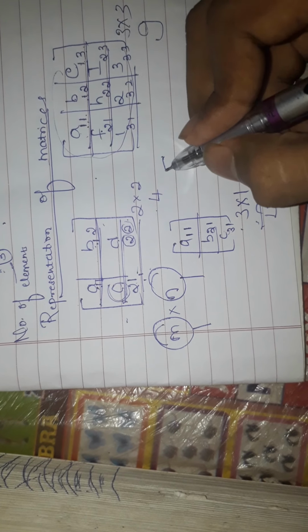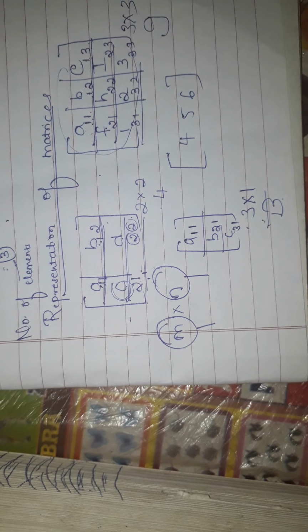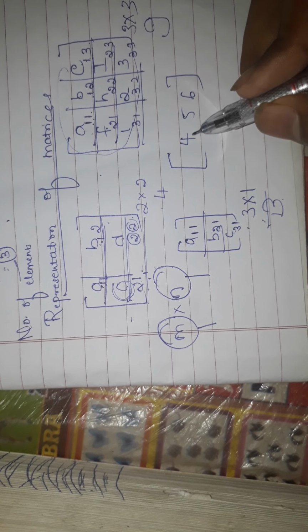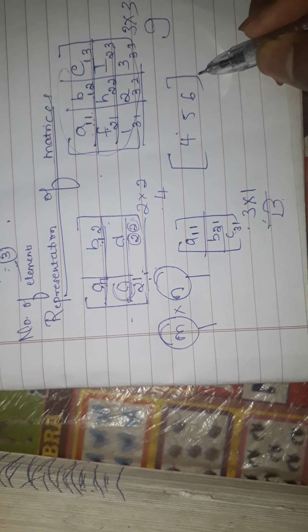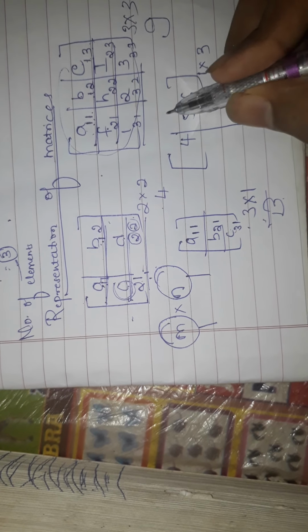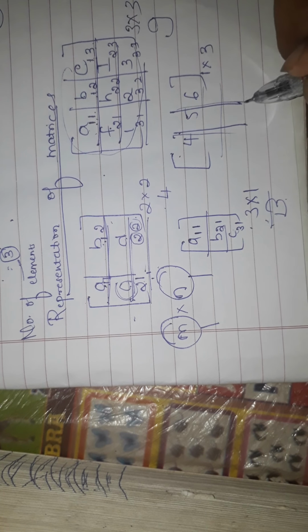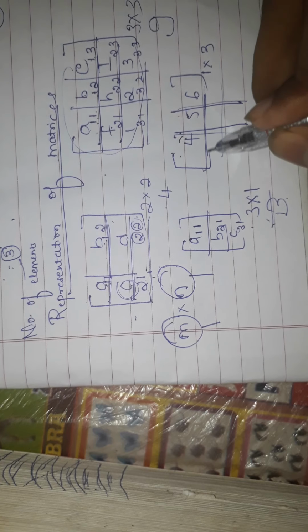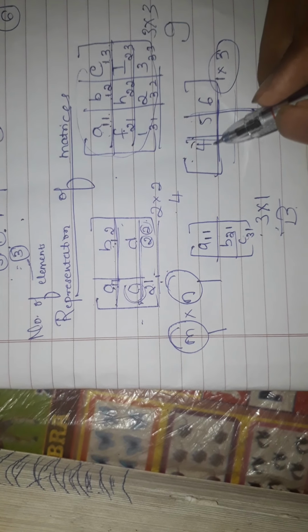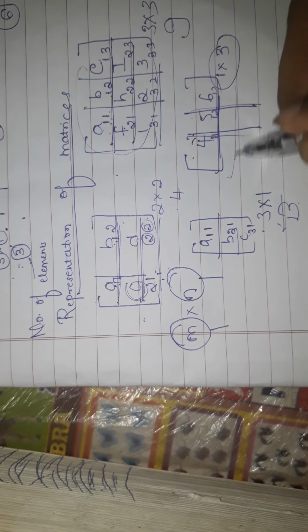Okay, so if I go with this here, 4 5 and 6, how many columns and how many rows? Only 1 row and 3 columns. Why? Because I can form it this way, but I can't go here, no elements are there. In this I can write 3 columns, and we have only 1 row. Is it clear? And what will we write? 4 1 1, we can write 4 1 2, 4 1 3. This is how you write.